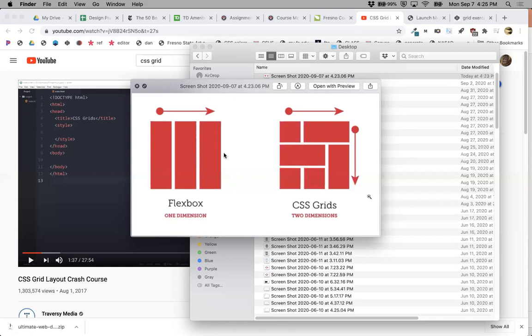And these two are used together very well. Kind of use CSS Grid to do the overall layout of your page, the larger sections of your page. And then inside of those sections, you might have some Flexbox going on to get things to line up inside of those sections. Or you might have another grid inside of one of your grid items. That can happen too. So let's talk about